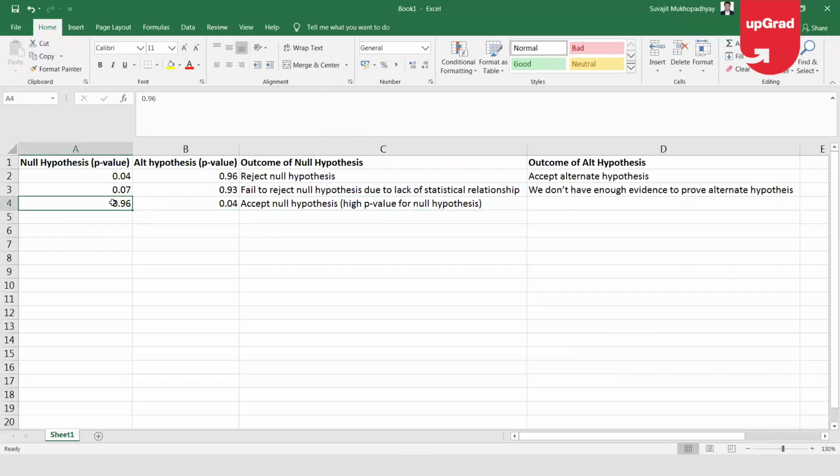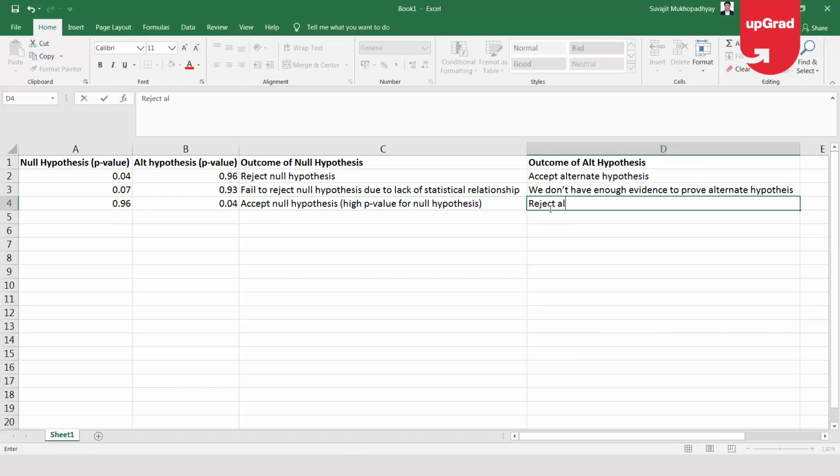If I can reject it below 4%, I can also accept it above 95%, right? So in this case, if my p-value is greater than 0.95, then I can accept the null hypothesis and I can reject the alternate hypothesis,